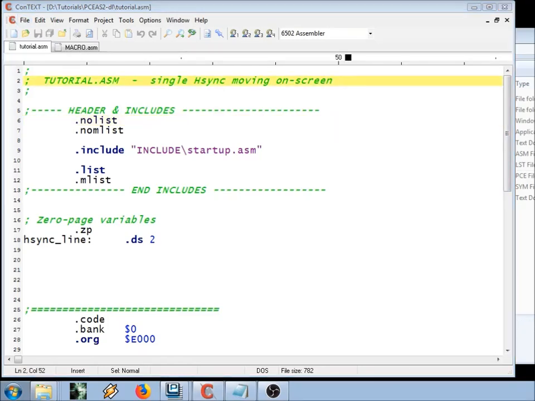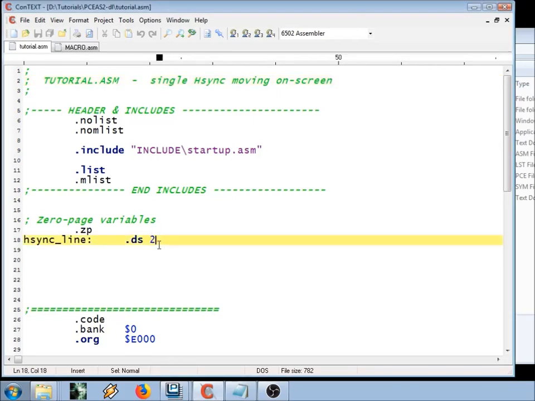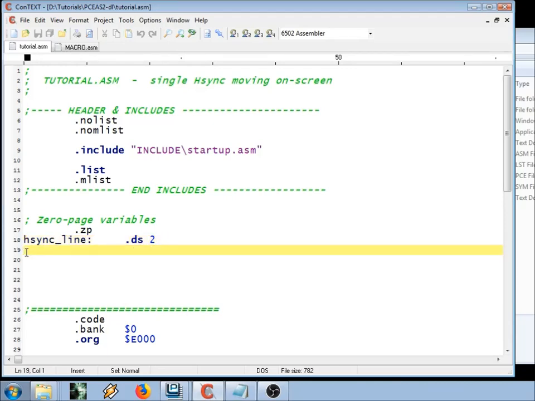Well, right now our simple code just makes an hsync interrupt travel down the screen once and then disappear. I wanted to make that a bit more dynamic so that it goes down the screen and then comes back up again. So let's have it ping pong up and down. Now to do that,